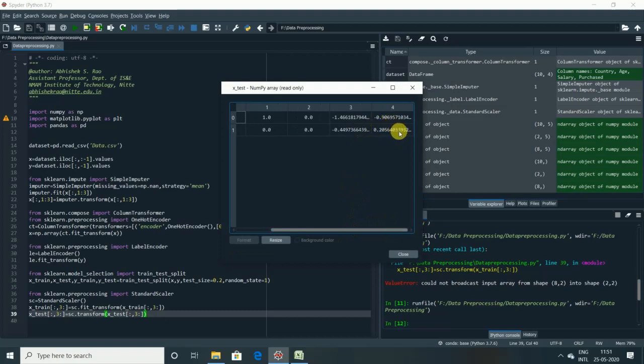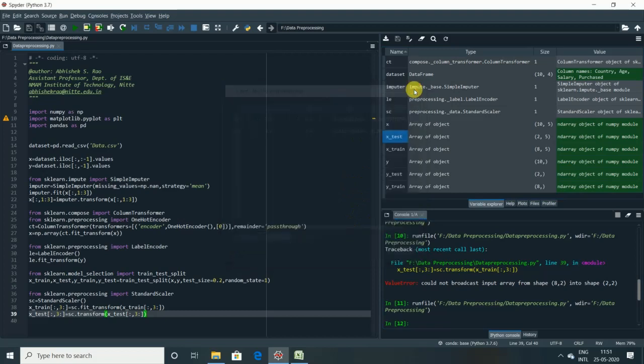So I think I covered all the pre-processing methods here. Now we are done with this data pre-processing toolkit, and we are ready, guys, to build a machine learning model to perform great predictions. So let me conclude this session.